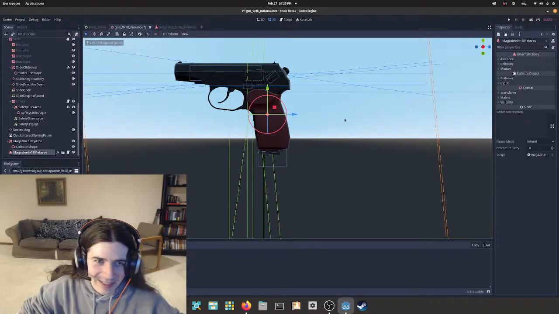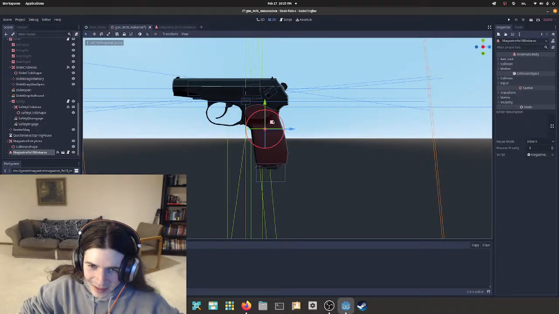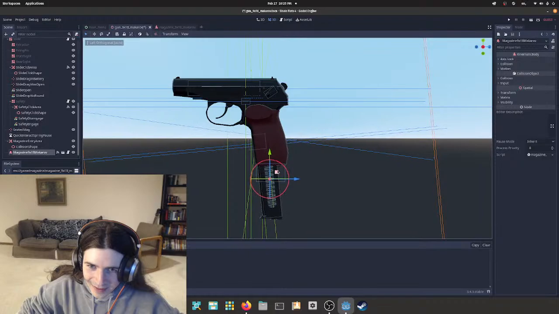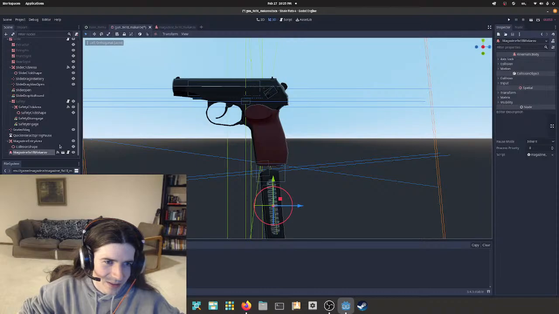That looks about right. Yeah, we can tweak it and try to figure it out. But I'm going to say something like that, and then have maybe right here be where it snaps to. We'll try it. We'll say that's a good starting spot.